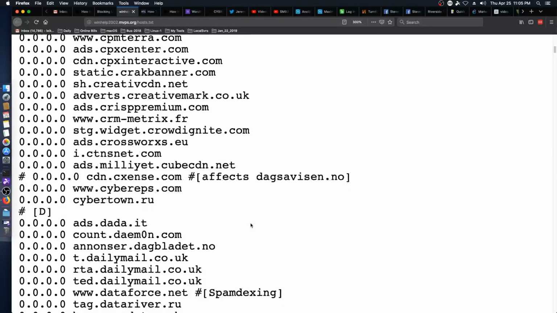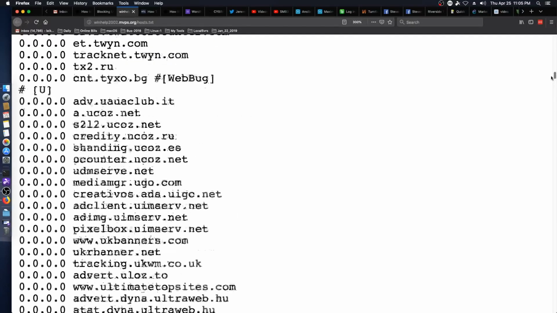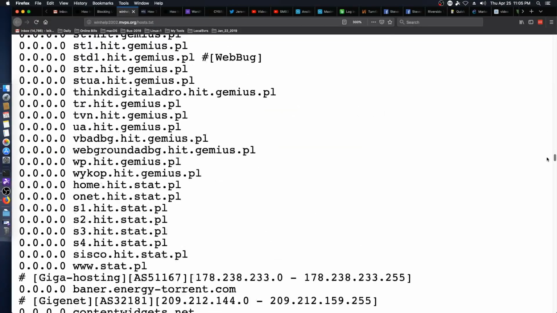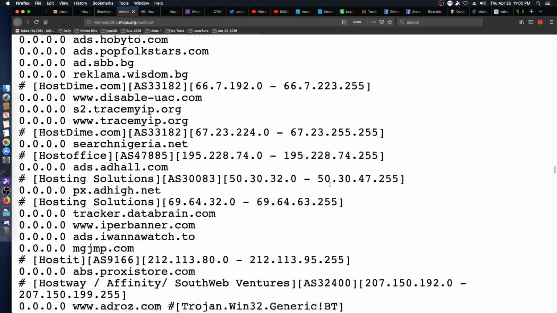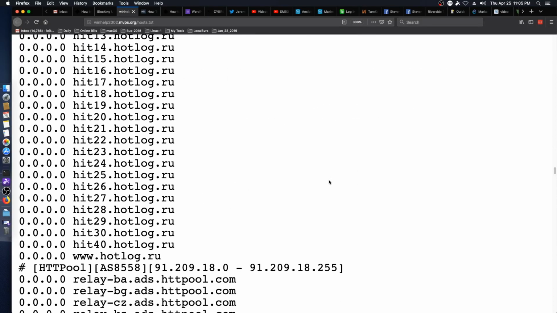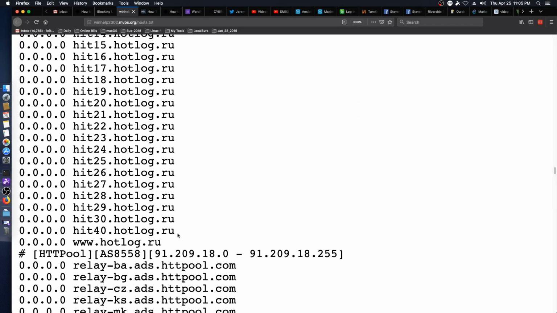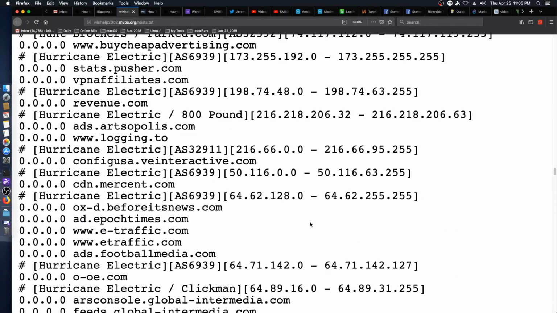There is just a huge amount in here, and we are just, I mean, there's the halfway mark, give or take. But it will block all kinds of stuff, and including stuff from Russia.ru, and just keep you safer